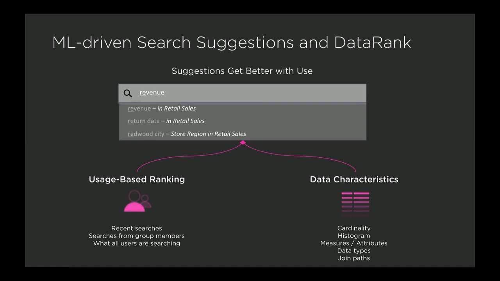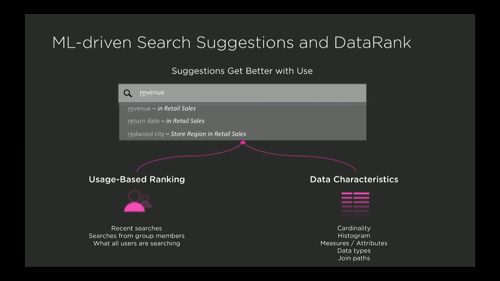This particular illustration here doesn't fully depict the input and the output of the suggestions, but you can imagine if this were kind of a funnel taking in input from the metadata, the data values, answers, and pinboards or dashboards from ThoughtSpot, and taking all of those artifacts as inputs into this relational search engine. What ThoughtSpot will do is apply usage-based ranking as well as an understanding of the data characteristics, so that from a usage-based perspective, it understands who's asking the question, that user, the role, the group that user is in,